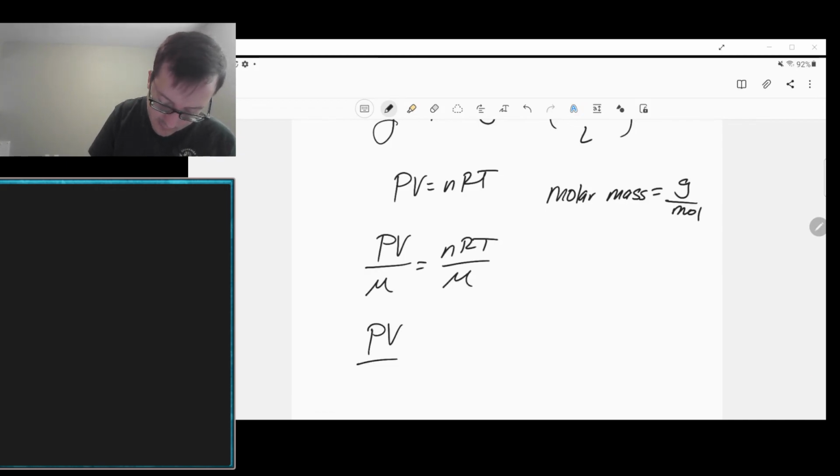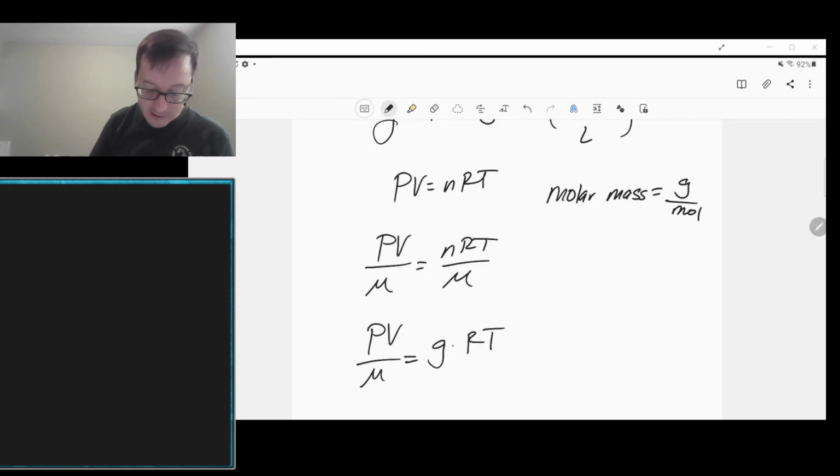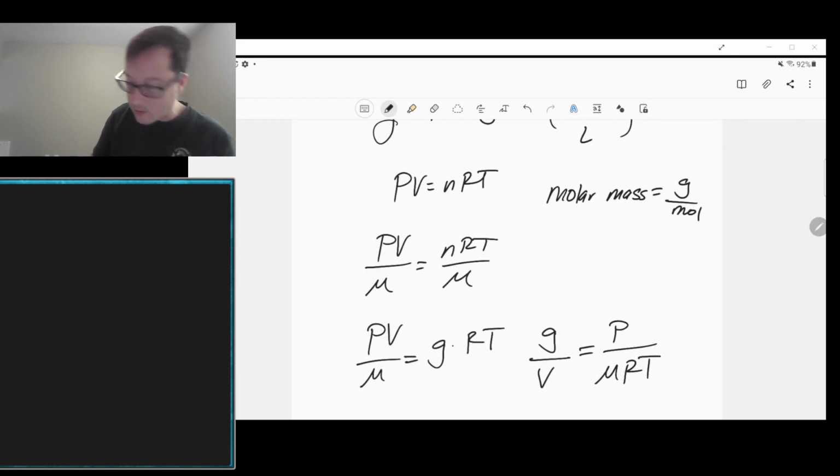So PV over the molar mass equals grams times RT. If we want to rearrange this such that we have grams per liter, grams over volume, we can do that. We can divide both sides by RT, and we can divide both sides by V, right? If we want grams per liter, grams over volume, that would be P over MRT,